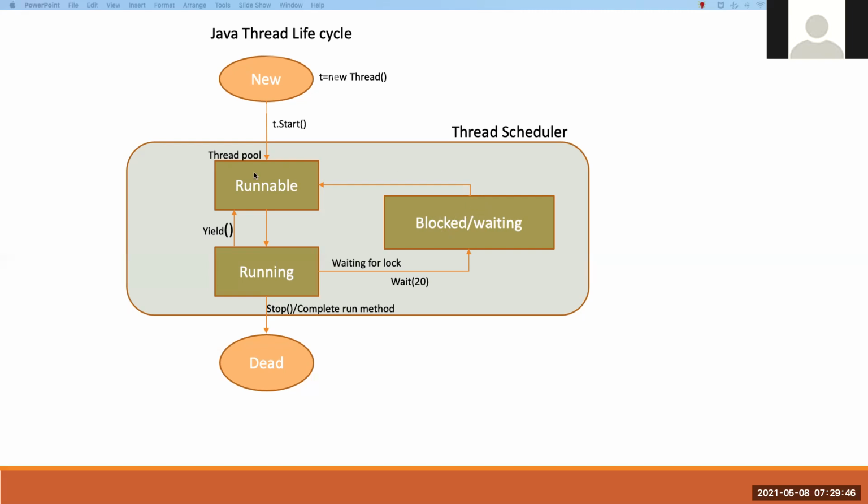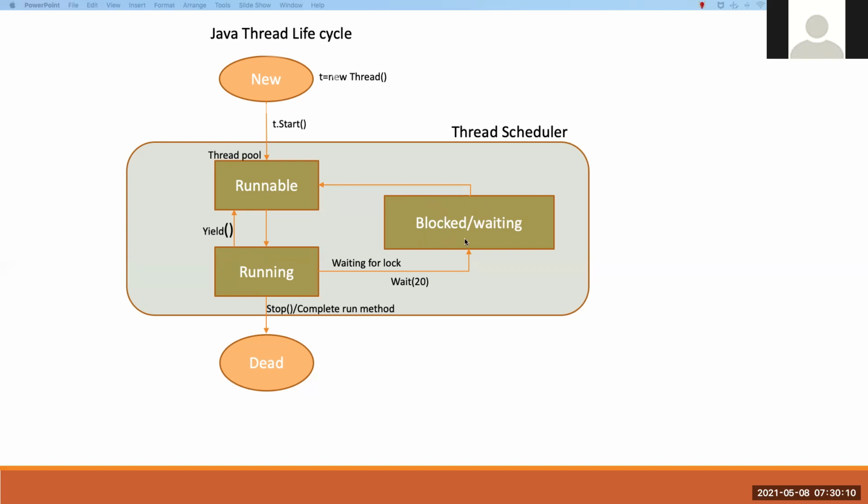Threads in the blocked or waiting state move back to the runnable state in different scenarios. If the blocked thread gets the lock, that is, gets access to the common object, then the thread is ready to run, so it moves back to the runnable state.